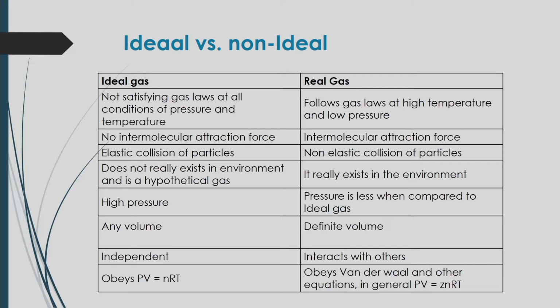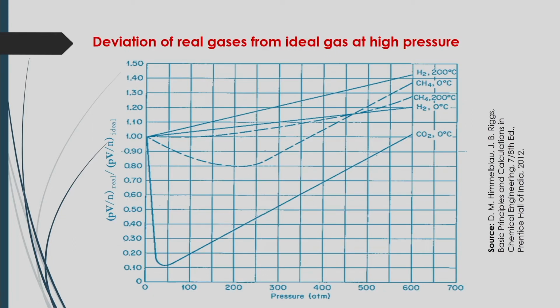Here Z is called the compressibility factor, whereas in the ideal gas equation you do not have that Z factor, only PV equals nRT. But for real gas we introduce the compressibility factor to express the general expression of the equation of state. Here, see in this slide,